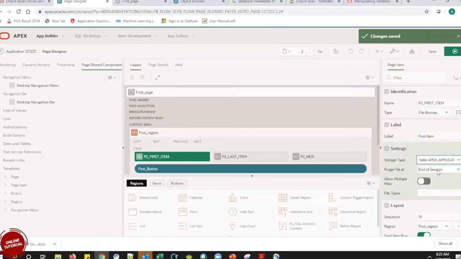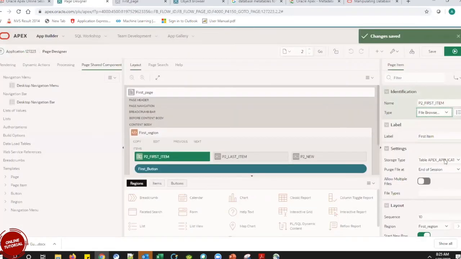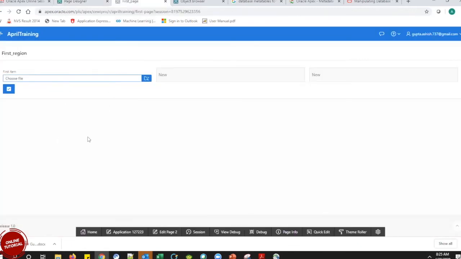When we browse any item or value from this text box, it is going to save it into the Apex application temp files in the meanwhile, till our session has ended, and then from there we need to extract it and get it into the database. Or it will simply extract it from the temp file and show you in the front end screen. But it is not going to save in our database.